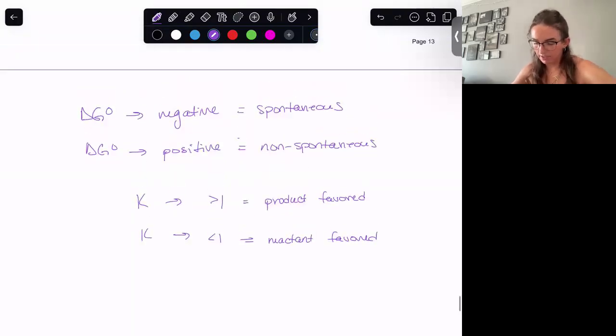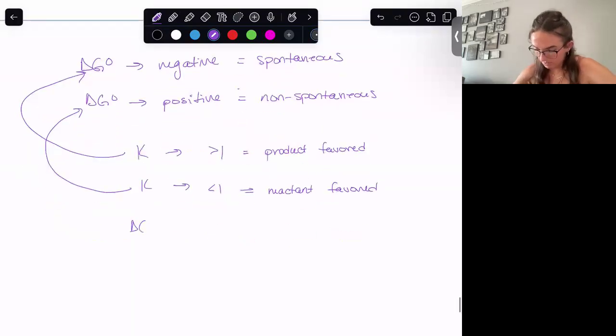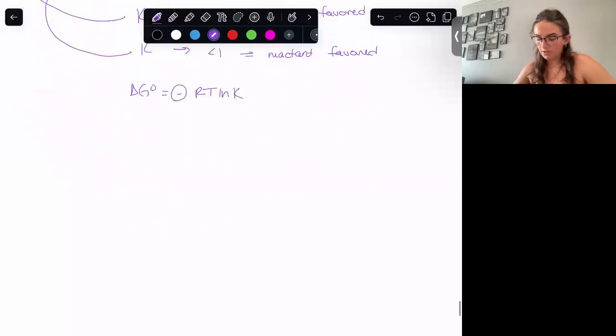So if K is greater than 1, then that relates to the negative form of delta G. And if K is less than 1, then that relates to delta G being positive. How that relates is through the equation delta G naught is equal to negative RT ln of K. Since we have that natural log, if K is greater than 1, the natural log is positive. If K is less than 1, the natural log is negative, and that takes the negative in the front, making delta G positive. So if you're given equilibrium concentrations, you can just solve K and then solve delta G from there. As an example,